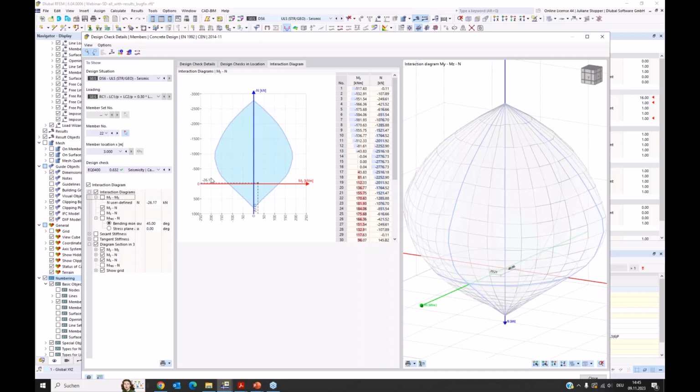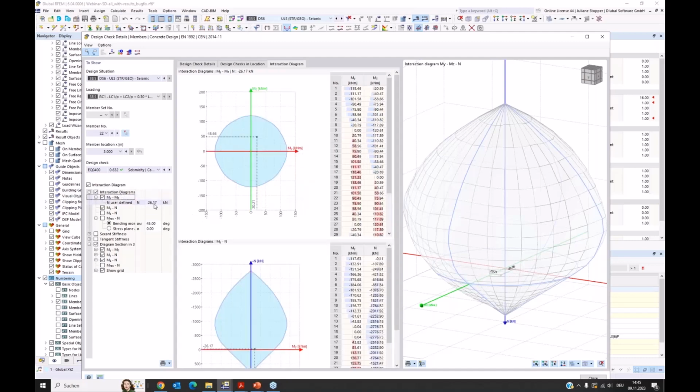So that's why I have to consider the minus 26 normal force, as it's the worst case and on the safe side. Then I can look in this diagram and take my M around Y for the situation that MZ is 0, and we see we have 121.3,